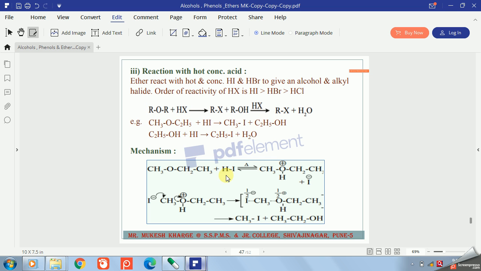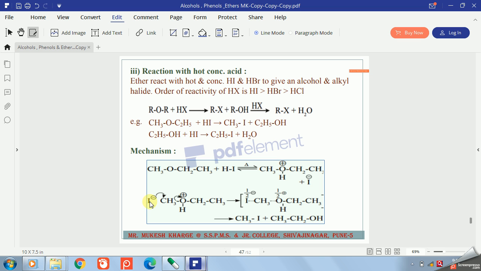Ether reacts with HI. First there is protonation of the oxygen because there are two lone pairs over this oxygen. One lone pair is used to react with H. The bond between H and I goes towards the iodine and it gets converted to I minus, that is the nucleophile, and that hydrogen without electron gets attached to oxygen. So the lone pair of oxygen is used to form a bond between oxygen and H. That's why oxygen carries a positive charge. So it is a protonated ether.